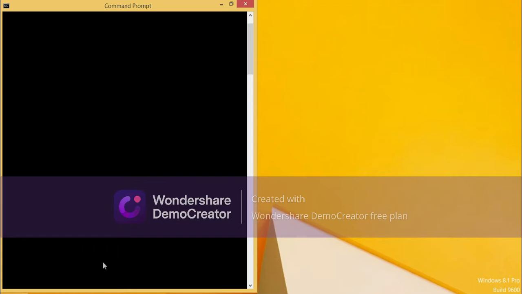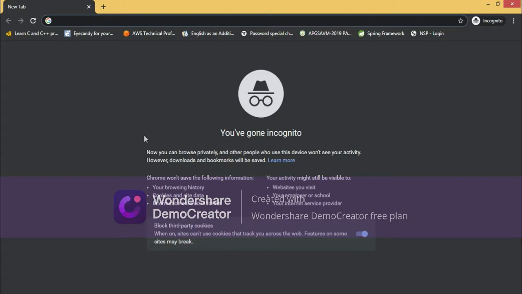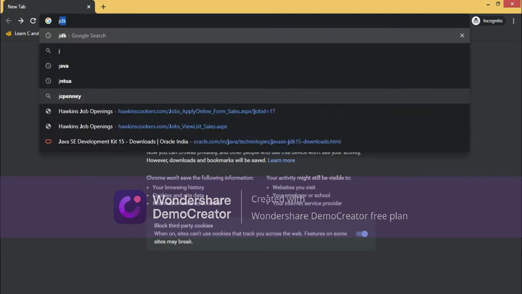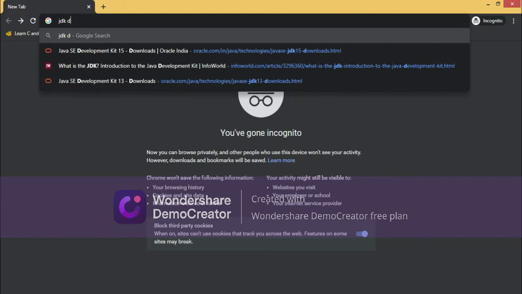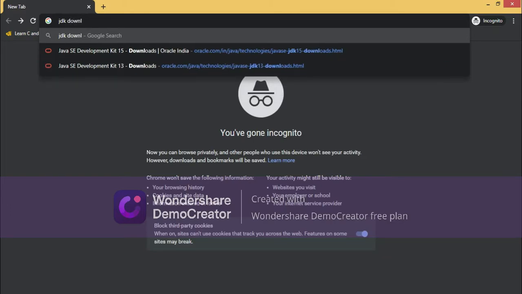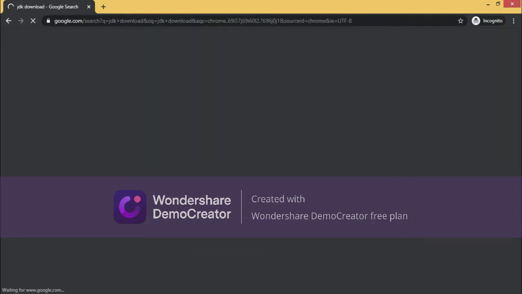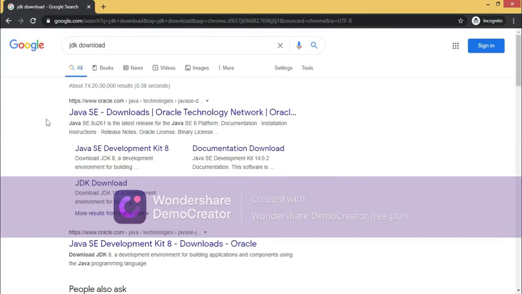For that, first I have to download JDK. Just go to the browser, just enter JDK download and enter, and you will be navigating to this page.